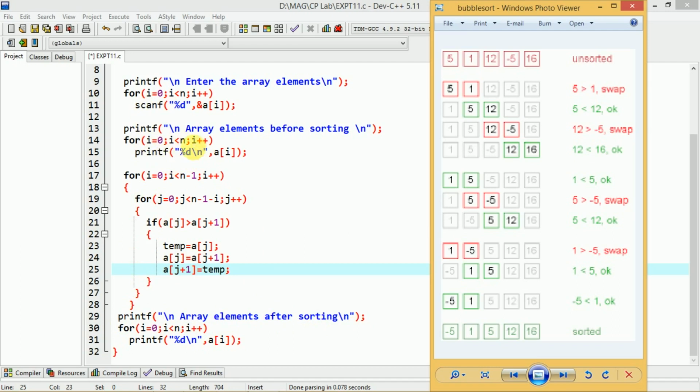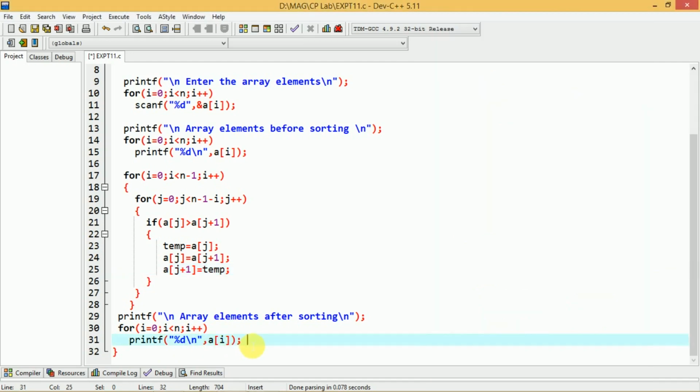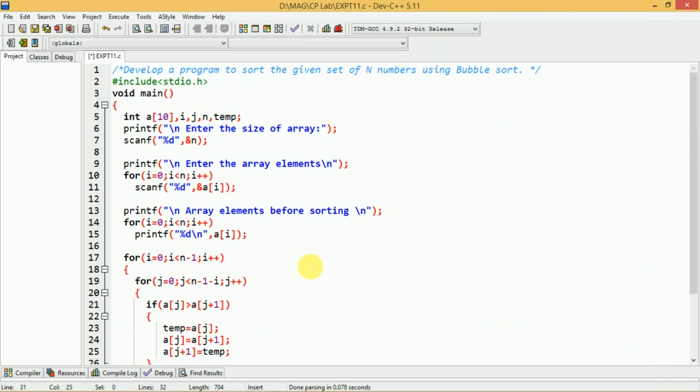That is again the same statements: for i equal to 0, i less than n, i plus plus, printf %d\n a of i. So in this way the bubble sort algorithm can be implemented in a C program. Hope all of you understood this, but still if you have any confusion or any doubts, please feel free to ask me regarding that. So now let us run this particular program.